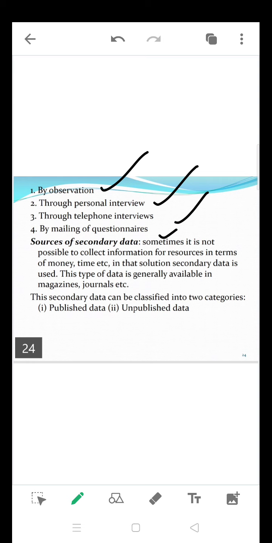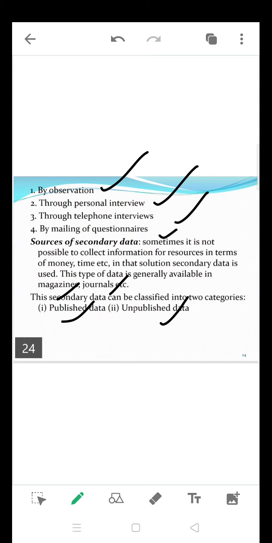So many effective tools are there in primary data in order to collect the data, and all these points are going to be discussed in the data collection chapter. Another source of data is secondary sources of data. Secondary data means it already exists, and you are going to collect such existing data. The sources or tools of secondary data may be published or unpublished data. It may be a magazine, journal, available article, anything already available on a website, in a book, in a magazine, journal, article, anything.